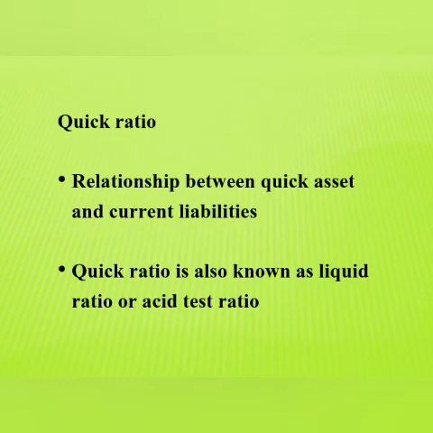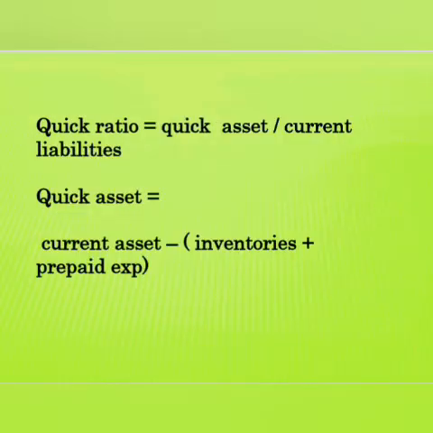Here, cash in hand, cash at bank are the most liquid assets. The other liquid assets are bills receivable, sundry debtors, marketable securities, and short-term investments. Inventories and prepaid expenses are not treated as liquid assets because these are not converted into cash immediately without sufficient